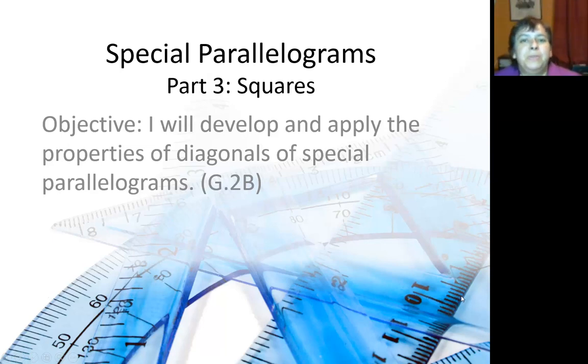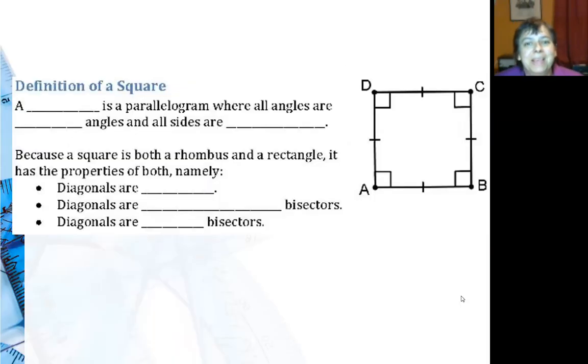Now we're going to look at the most special of all the parallelograms, and that is the square. So a square is a parallelogram where all angles are right angles and all sides are congruent. That means it gets to live in both the rectangle group and the rhombus group at the same time. So because a square is both a rhombus and a rectangle, it has the properties of both, namely, the diagonals